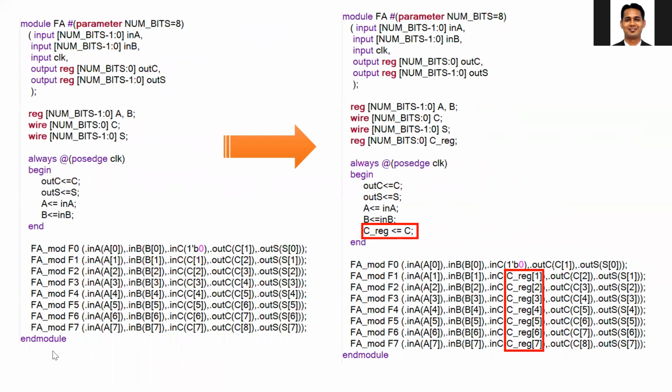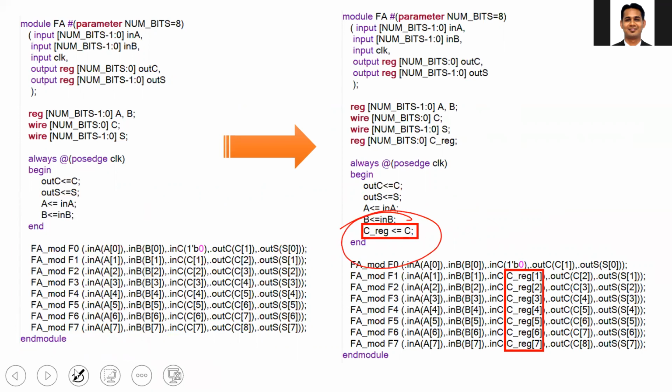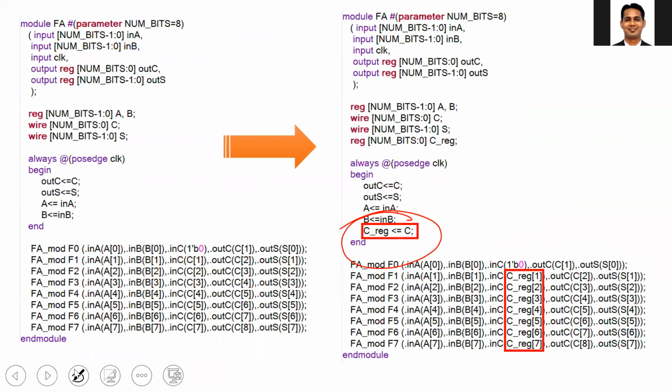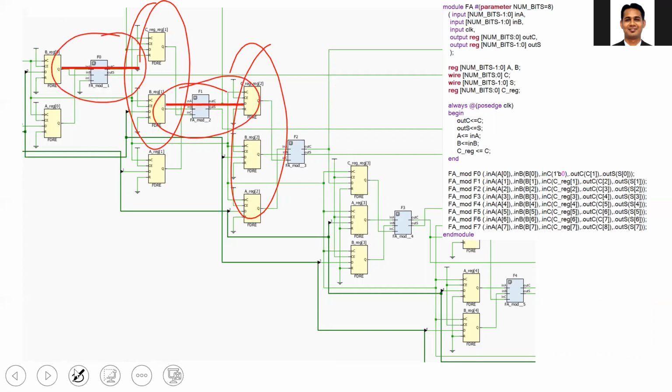Again, how to build this circuit, the TA will explain to you, but basically you need to add a register in between every full adder. You can see that I'm registering the carry output. That is what we have done. We are registering the carry output. The TA will explain how to do this. Once you do this, you are adding the register in between, and your critical path delay has now been reduced to just one full adder.